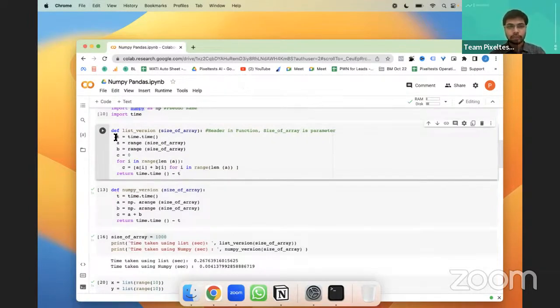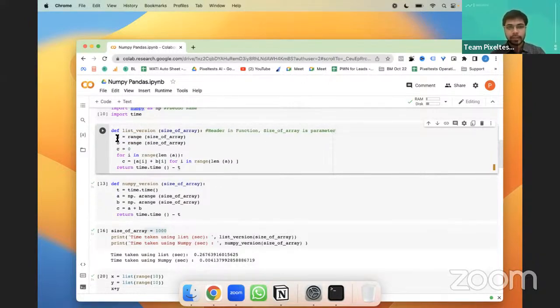So here, first I'll explain the function. Here we are creating a variable, which is a, and we are going to generate a list using the range function, right? So it starts from 0 till, for example, if you are passing 1000, a will have the list of elements from 0 to 1000.